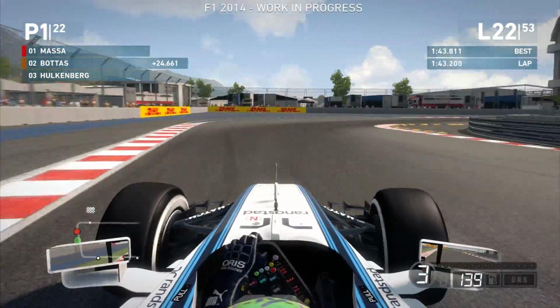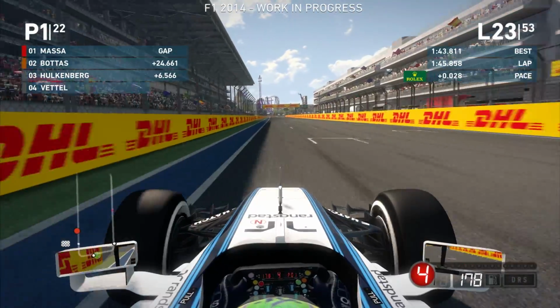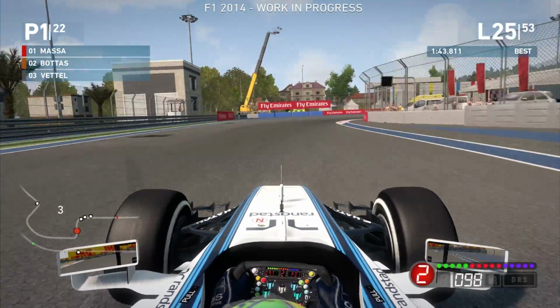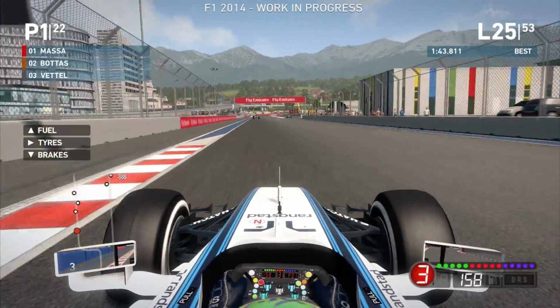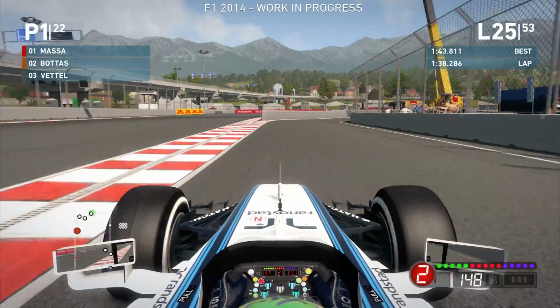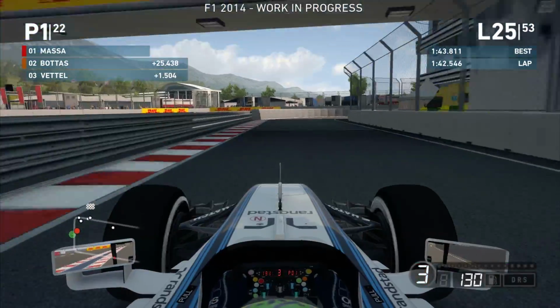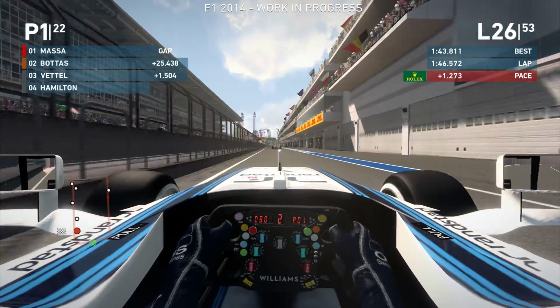But lap 22, I'm actually staying out because I'm going to do a one-stop in this race. It seems that the tyre wear hasn't actually been that bad. I've been able to maintain some consistent lap times, only within 2 seconds. Like my last lap, I've been in the 45s. I've managed to stay within 2 seconds of my fastest lap, and that is very consistent, especially when you consider in F1 2013, if we would have stayed out this long, we would have been losing 3-4 seconds at least,